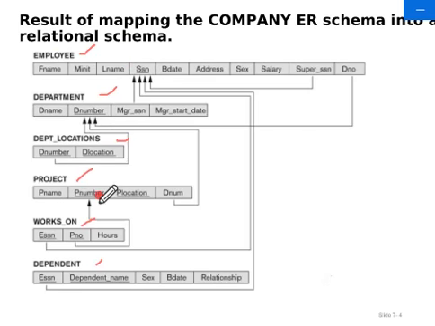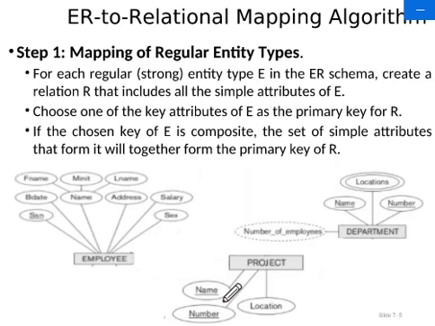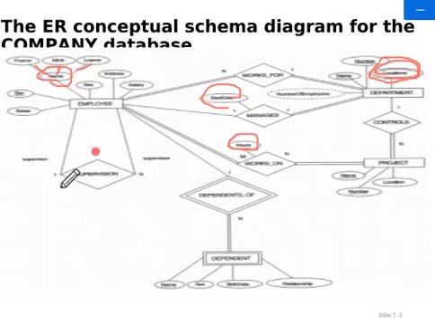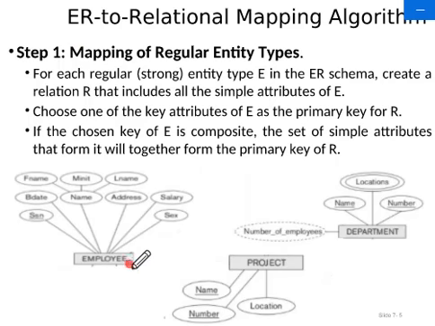So this is the final output. We'll see how it is step by step. As I told before, the first step is to map the regular entity type. When we see this ER diagram, what are the regular entity types we have? We have the regular entity type employee,